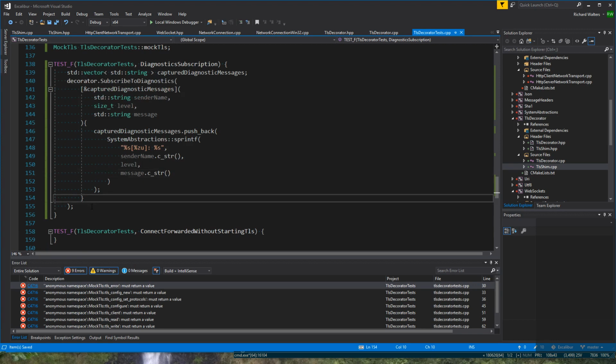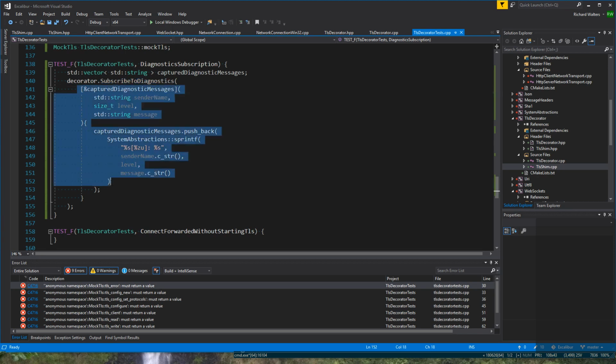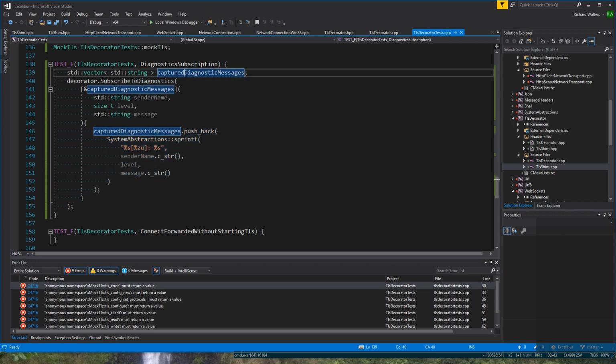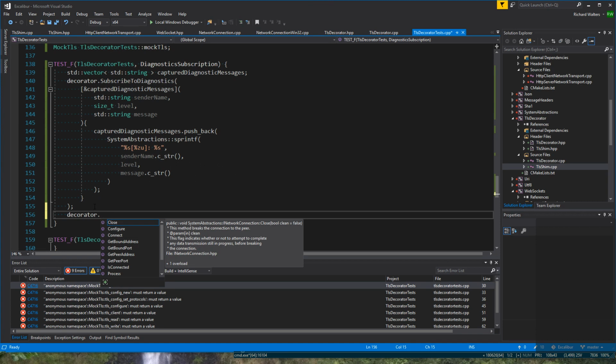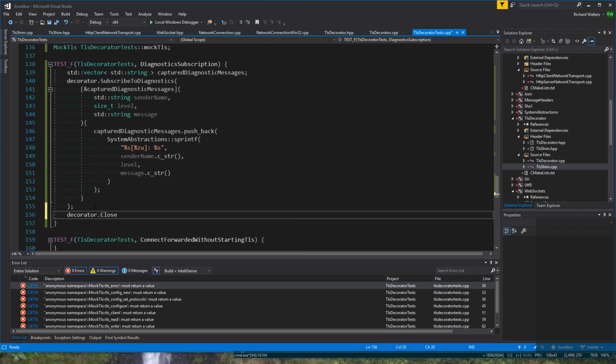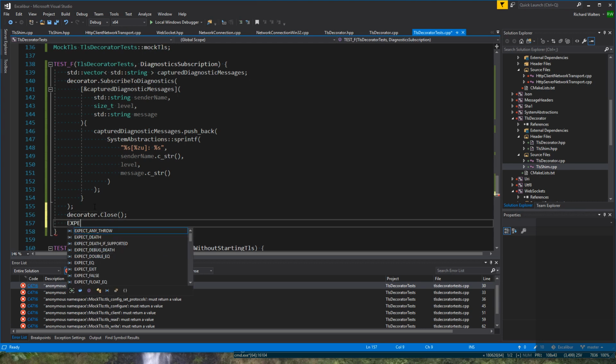So the idea here is that we're going to say, hey, Decorator, we want to subscribe to diagnostics. Whenever there's a message, call this function. It will call, and we will take the message and push it into our vector so that afterwards we can do something. We need to do something that would cause a diagnostic message to be called. So how about, I don't know, we'll just put one in there just to test. We'll say close, and then we'll expect